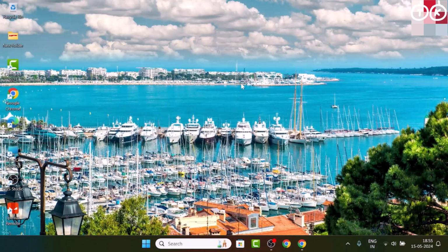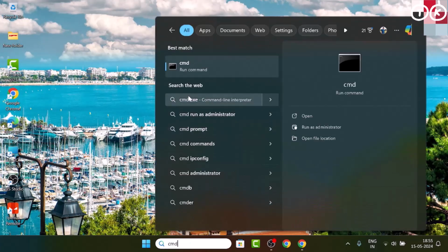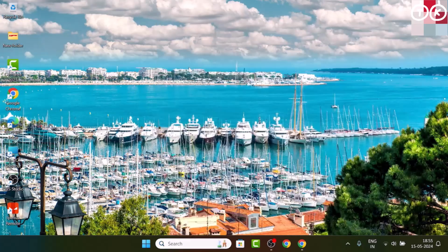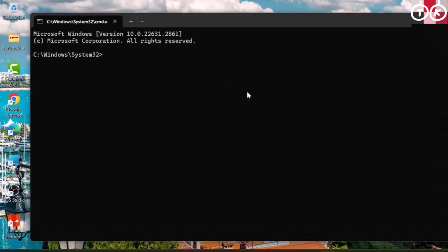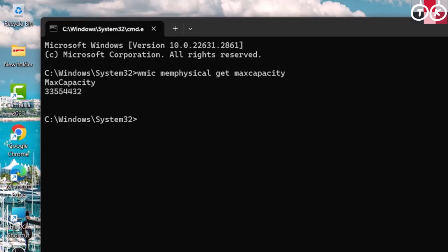To check maximum RAM support capacity of your computer, first of all you have to open command prompt. Click on this search box and then type CMD. You will see command prompt here. Click on it. And then you have to type a very simple command here. You have to type WMIC MEMPHYSICAL get MaxCapacity. Once you have typed this command, just hit enter and you will find maximum RAM support capacity of your computer